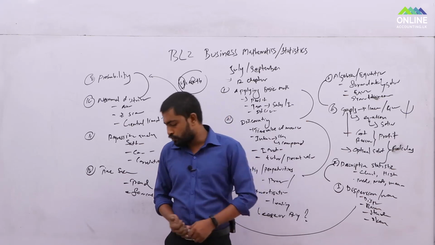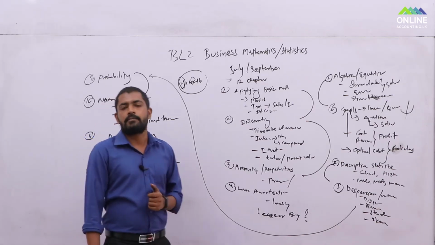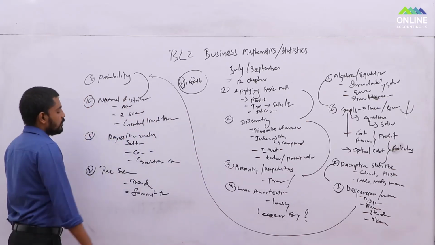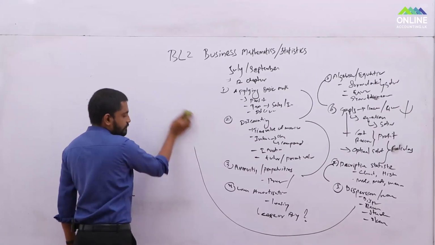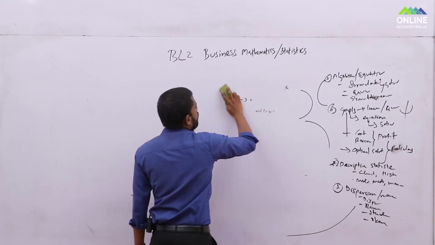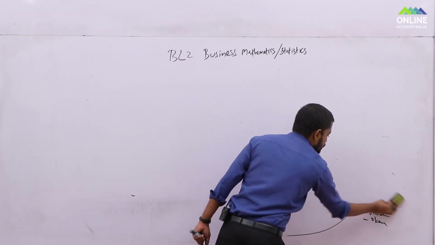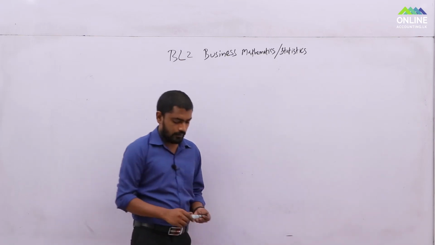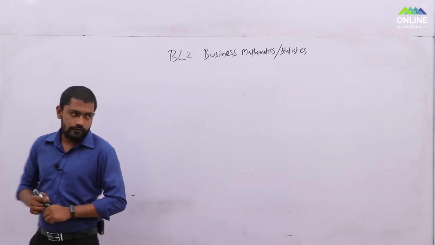Now I am going to talk to you about how we are going to prepare you for the final exam. You have 50 OTQs, as I said earlier. Now I am going to talk to you about how the preparation is going. So now we have 12 chapters. So for each and every chapter,